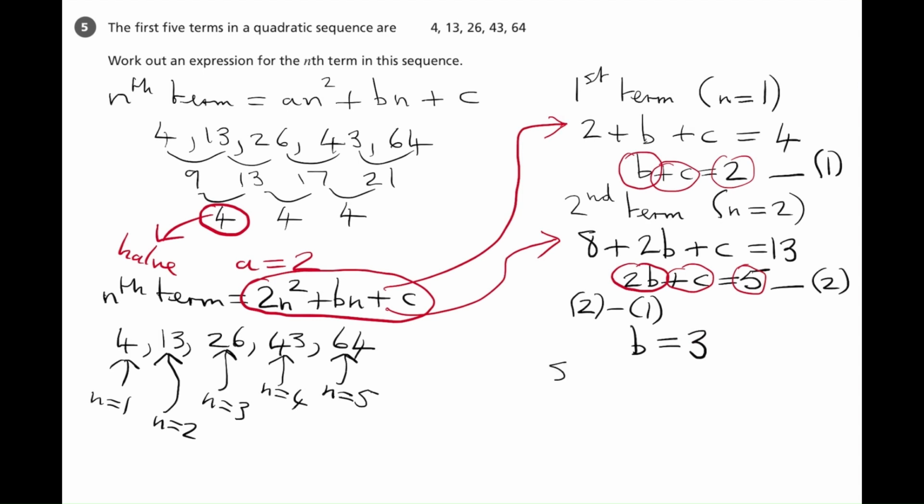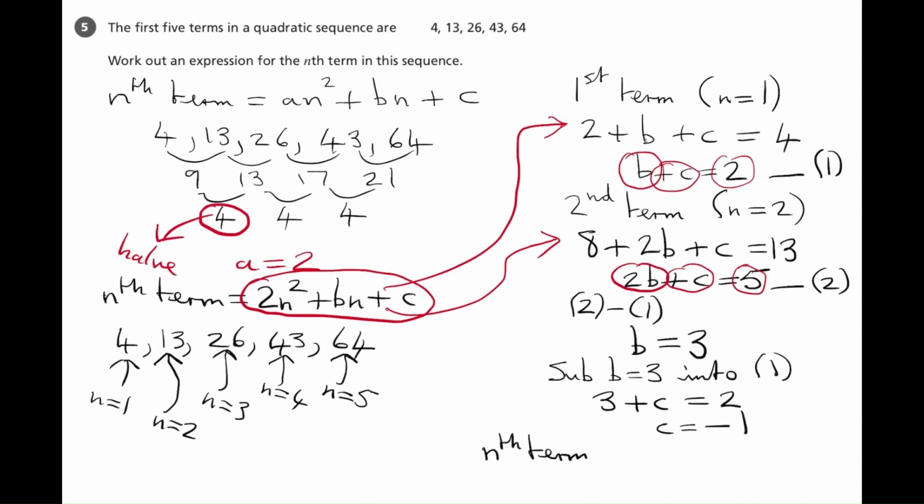We now substitute b equals 3 into equation 1 or 2. I'm going to pick equation 1. So equation 1 says that b plus c equals 2. b is equal to 3, so 3 plus c equals 2. So when I subtract the 3 from both sides, I will get c is 2 minus 3, which is minus 1. So I now have the values I wanted, and I can write down my nth term for this question,